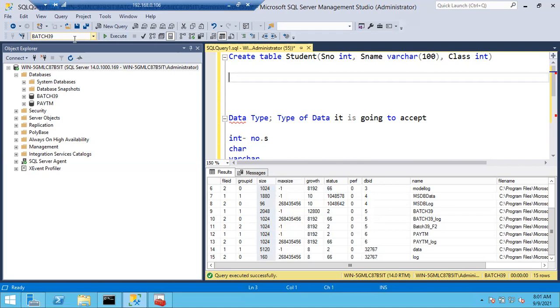If we create everything in the master database, what is the use of user databases? That's why we create user databases for storing our personal data, so we have a separate dedicated database.